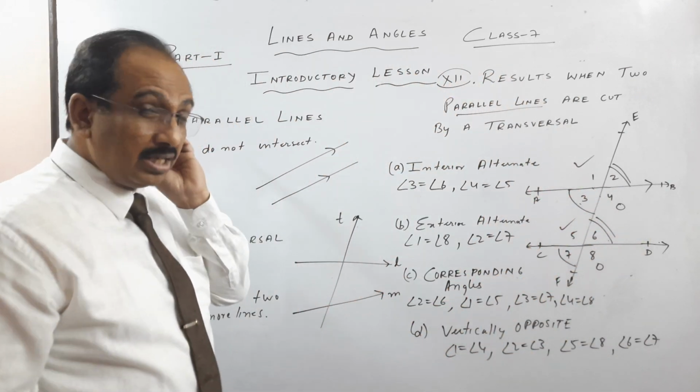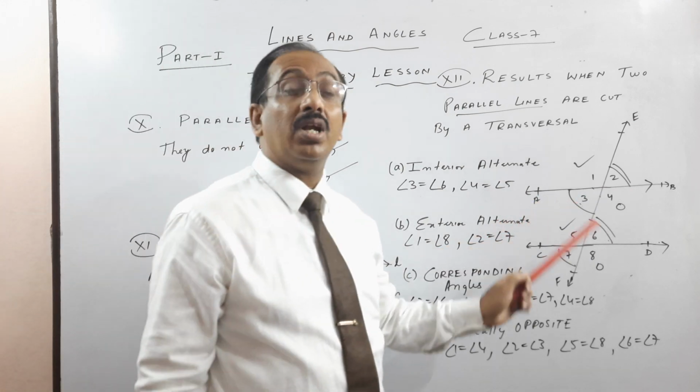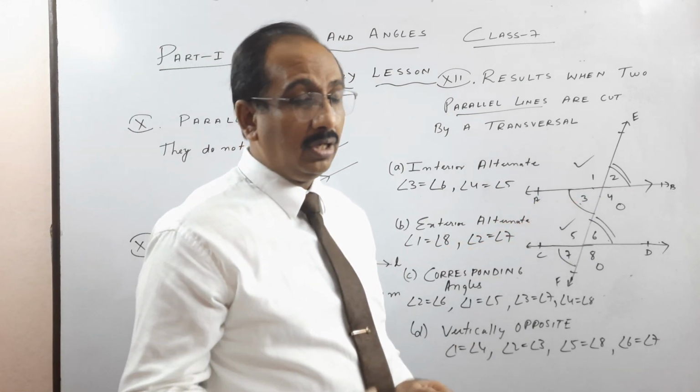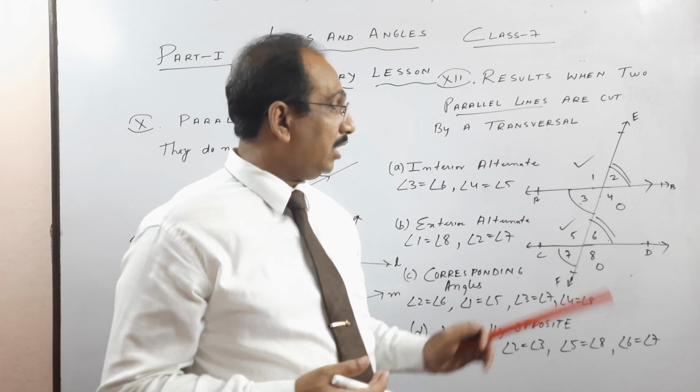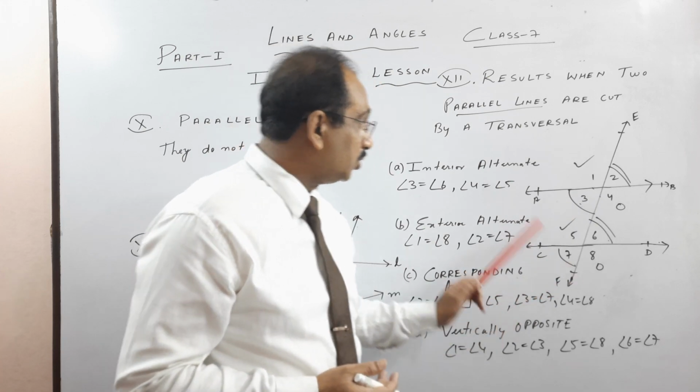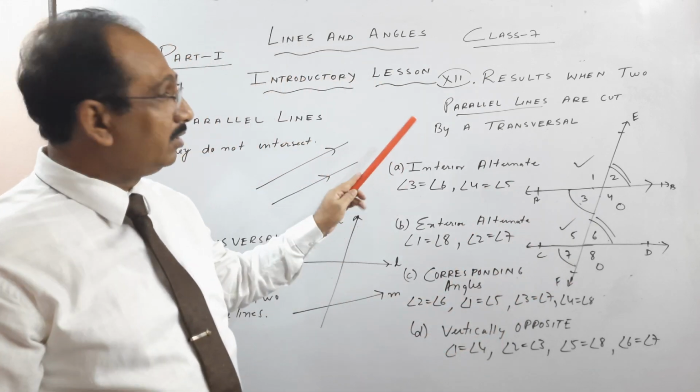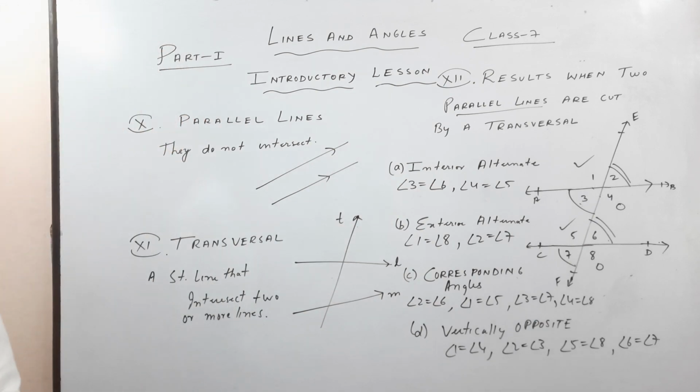And the last one I'll tell you, children, is very important. It has three names: co-interior, allied, and one more name I'll tell you. So please copy this. This is very important. Once more I am recapitulating it. We have this very important topic over here. Just see and copy, then I am going to revise this full concept for you.